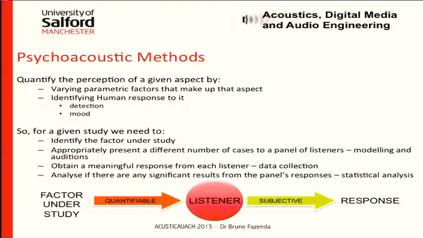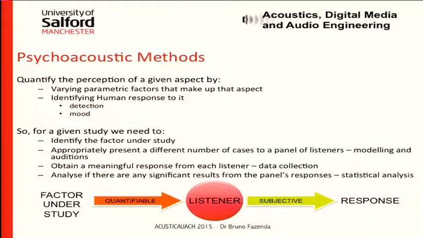And of course, then we ask the listener to give us an answer. And that's where the subjective part of perceptual testing comes in, because every listener will have their own views, their own kind of ways of interacting with that factor, with the stimulus, and they will give us an answer, a response. And as we very well know, when we do this testing with humans, this response varies widely. And what we try to do is we try to collect many of these responses to see if people agree on a certain average, a certain mean,